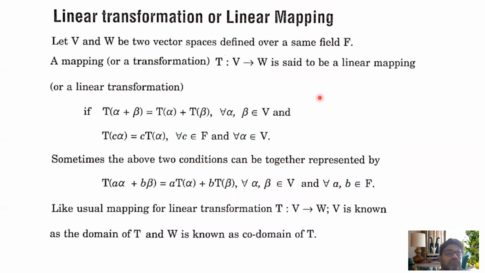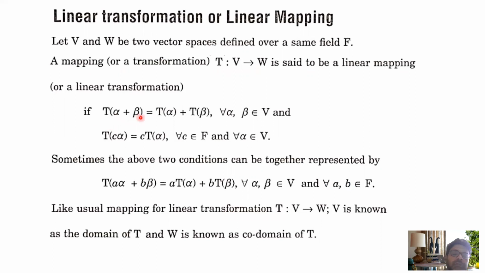Linear transformation or linear mapping. Let capital V and W be two vector spaces defined over the same field F. Then a mapping or a transformation T: V to W is said to be a linear mapping or linear transformation if